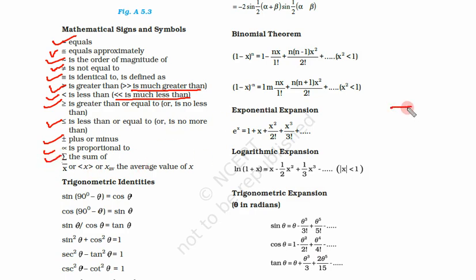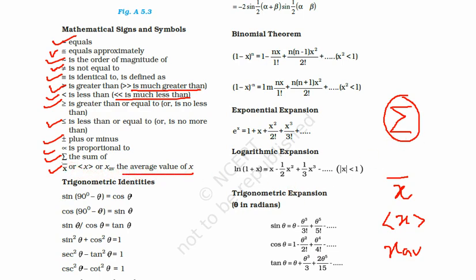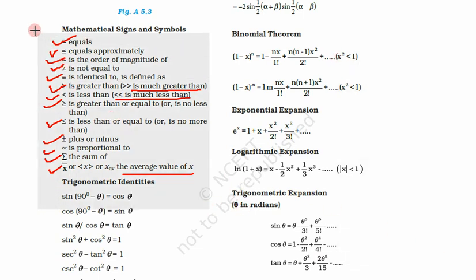Now this is the summation sign. This is the sign of summation. So we have some numbers. If we are going to add all of those, we use this symbol, the summation symbol. Last, x bar. What is the meaning of x bar? X bar, or sometimes we use this, x average. So this is the average value. These symbols, bar or this bracket, denote the average value. So these are commonly used symbols in physics, which you must know.